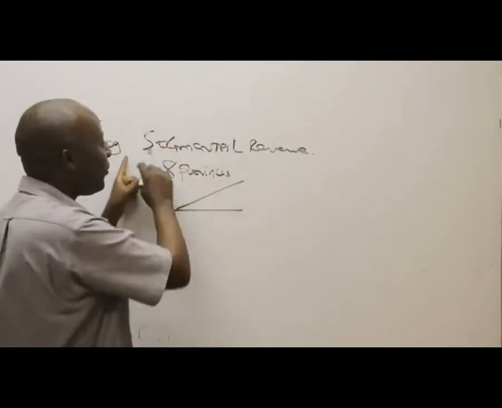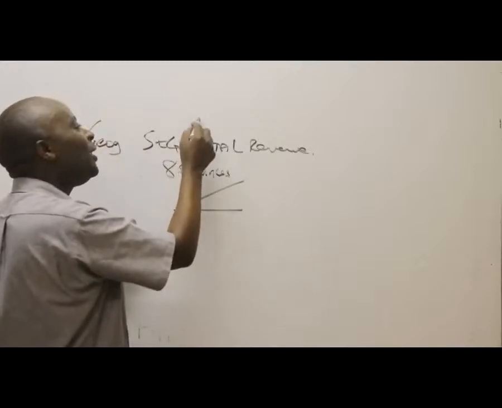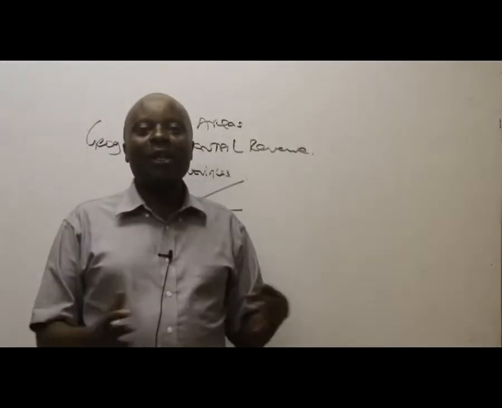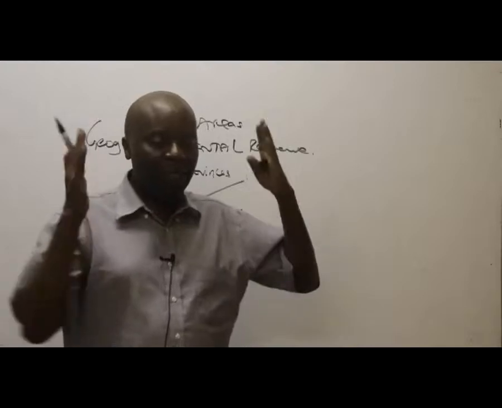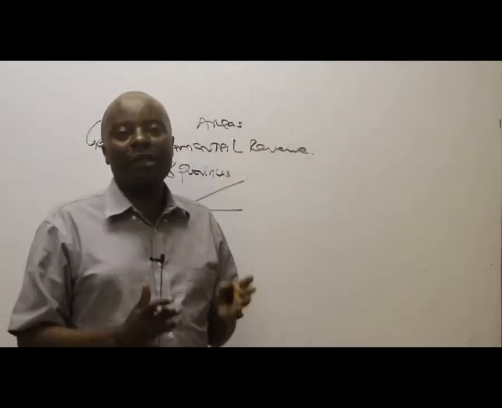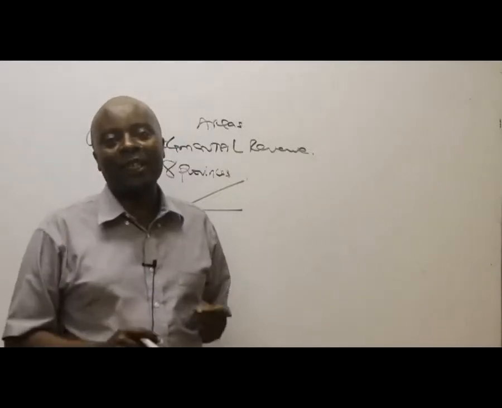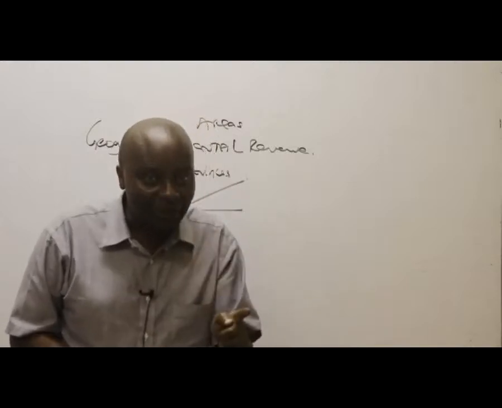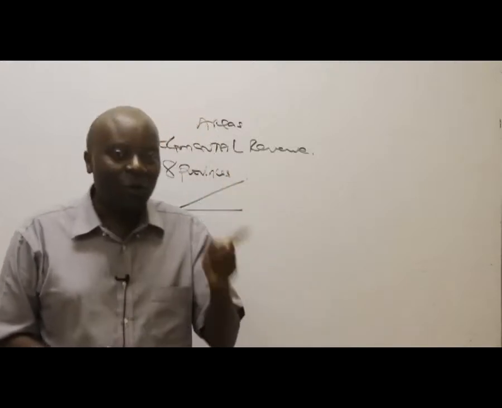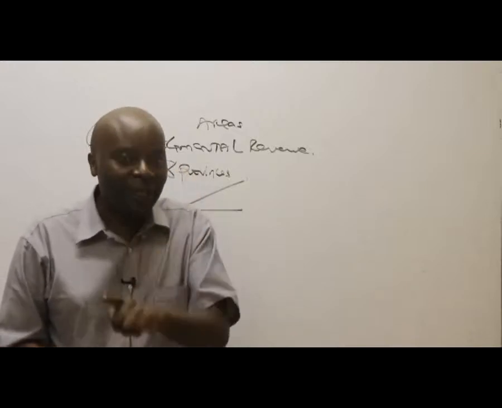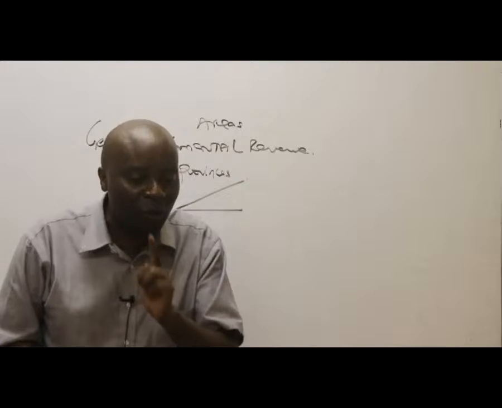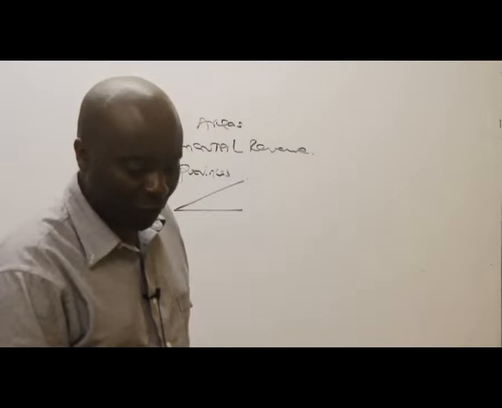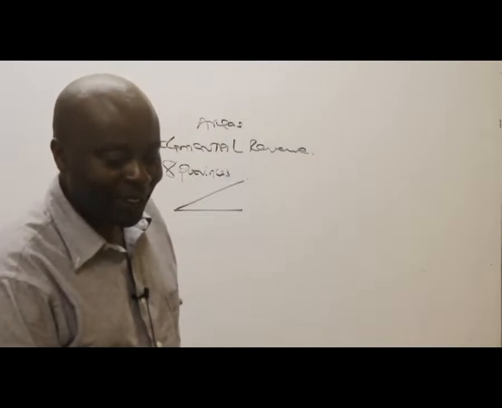So when we talk of geographical segments, we are looking at different areas of operation. Like if it's a multinational, like Unilever, they would want to know how they are operating in the African segment, and how they are operating in, for example, the European markets. So when you talk of business line segment, you're looking at products or services. When you talk of geographical segments, we are looking at different areas of operations. Great. Now, ladies and gentlemen,